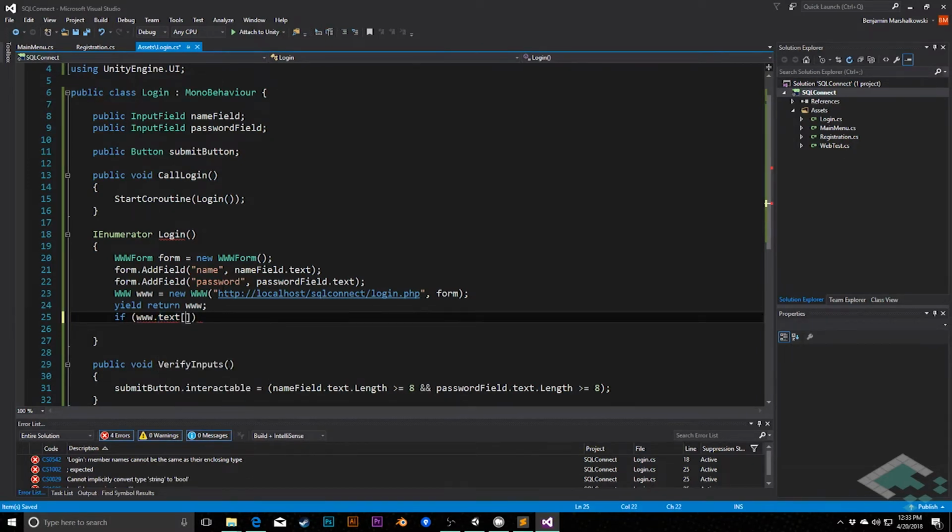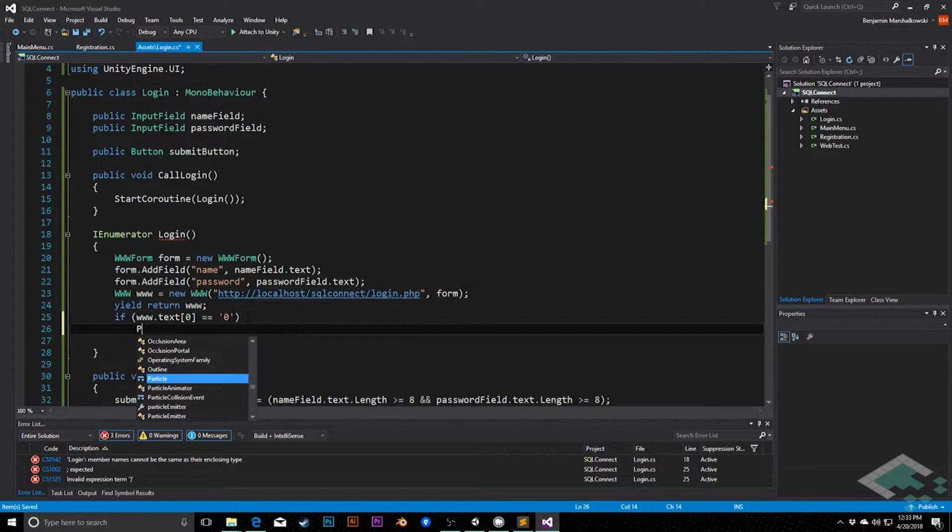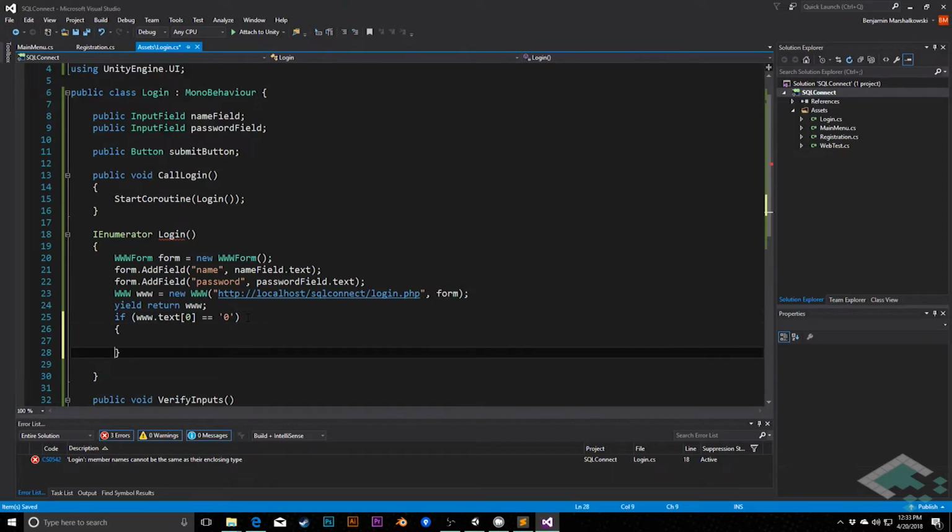We can do this simply by checking the very first index, the 0 index of the text, because a string is just an array of characters. So we want to see, is that very first character a 0? If it is a 0, and again use single quotes here because this is a character and we're checking against a character, then we know that everything has gone to plan. We have gotten the information successfully, the password checked out, it's passing us back the proper information,